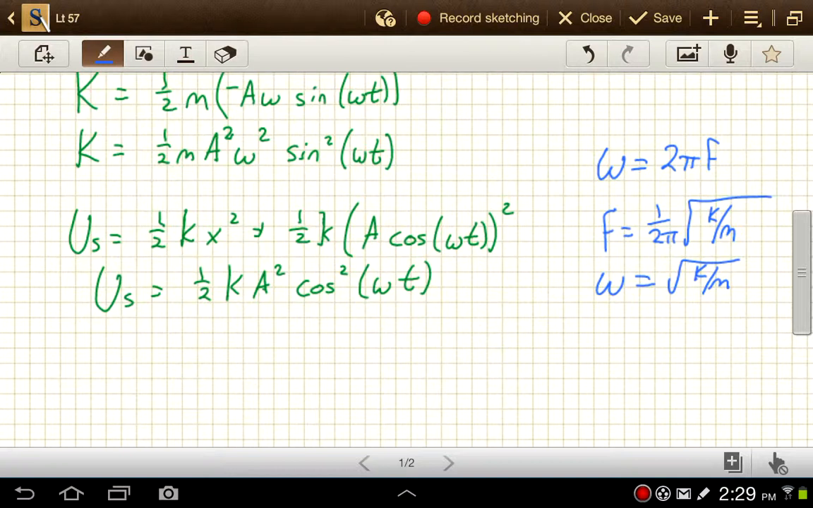So back up here, K now is going to be equal to 1/2 m a squared times omega squared, which would be just k over m times the sine squared of omega t. Okay, so our m's will cancel. We get a squared times k, just like we have a squared times k. So now our total energy